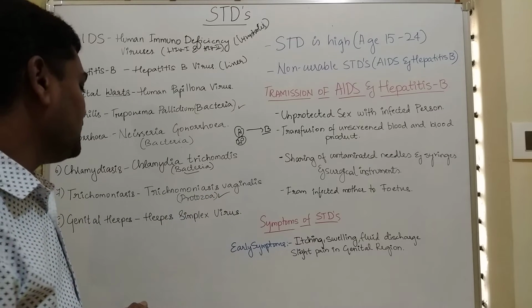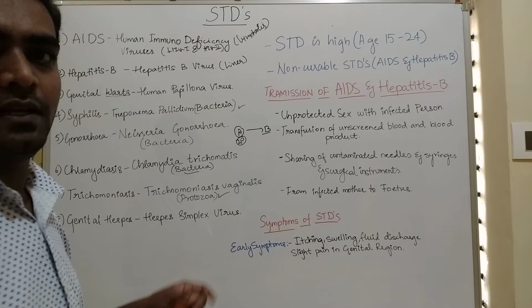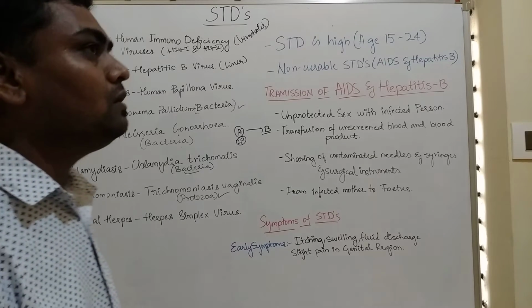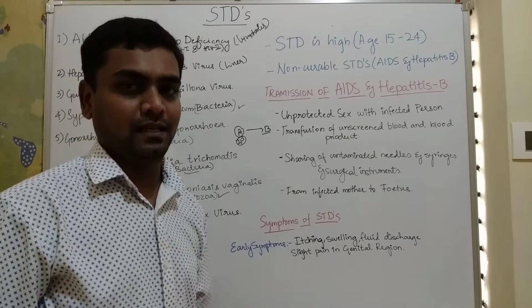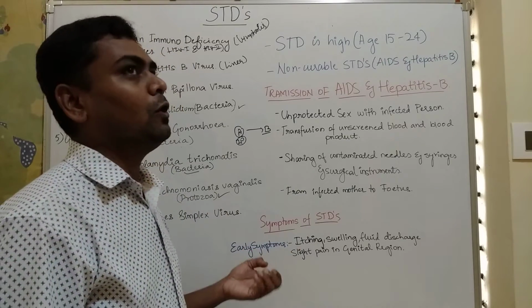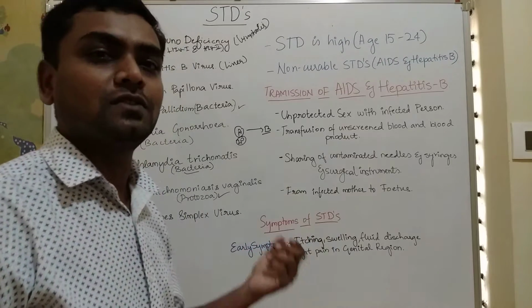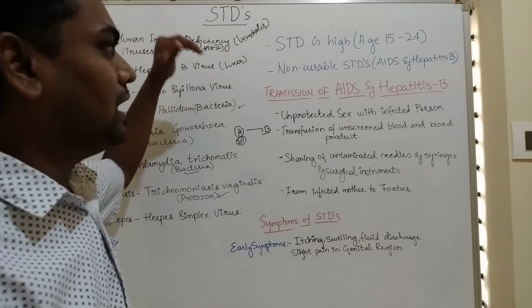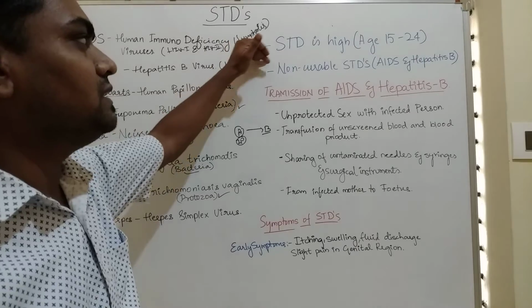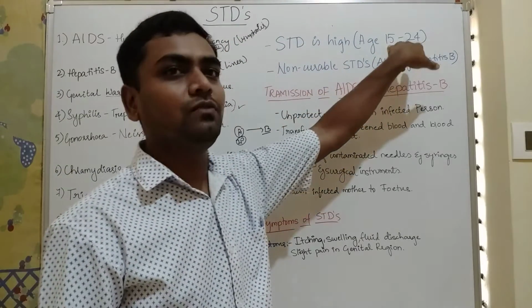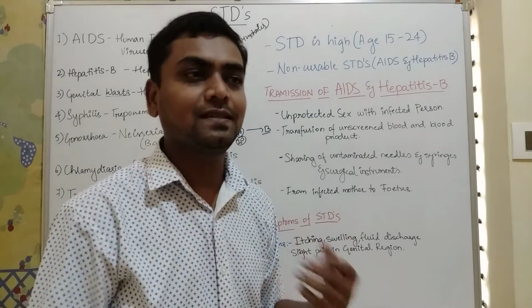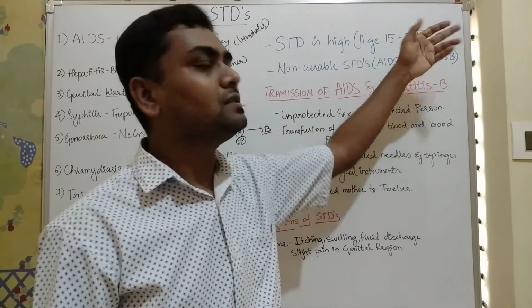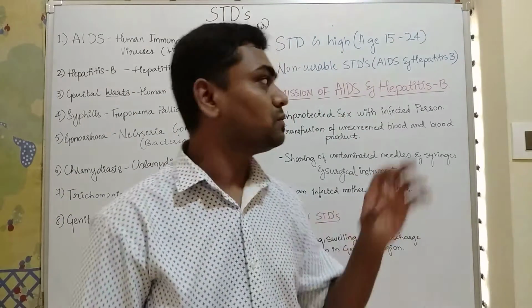Genital herpes is caused by the herpes simplex virus. This is also a rare case. If we get genital herpes, it will not go easily. It is a brother of AIDS, we can say small brother of AIDS. But STD diseases are high in the age of 15 to 24. Usually STD diseases, sexually transmitted diseases, are seen in 15 to, you may consider 30 also, no issues.